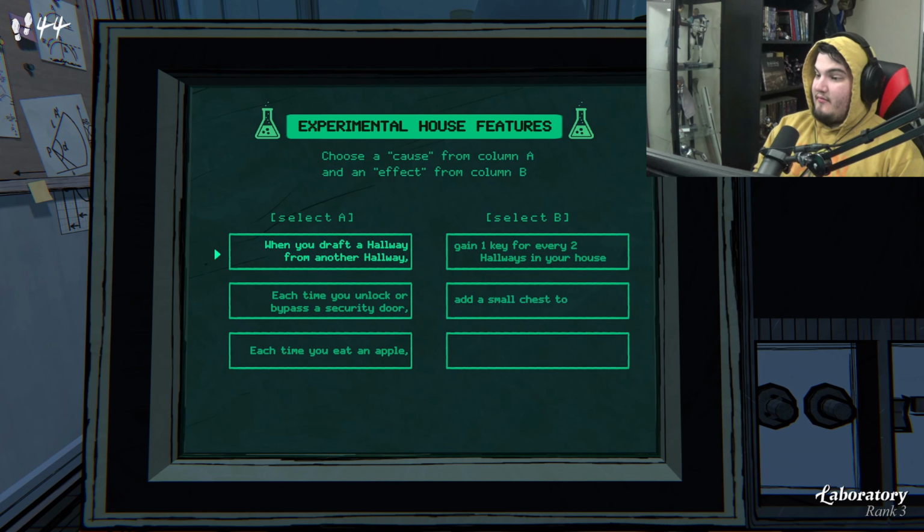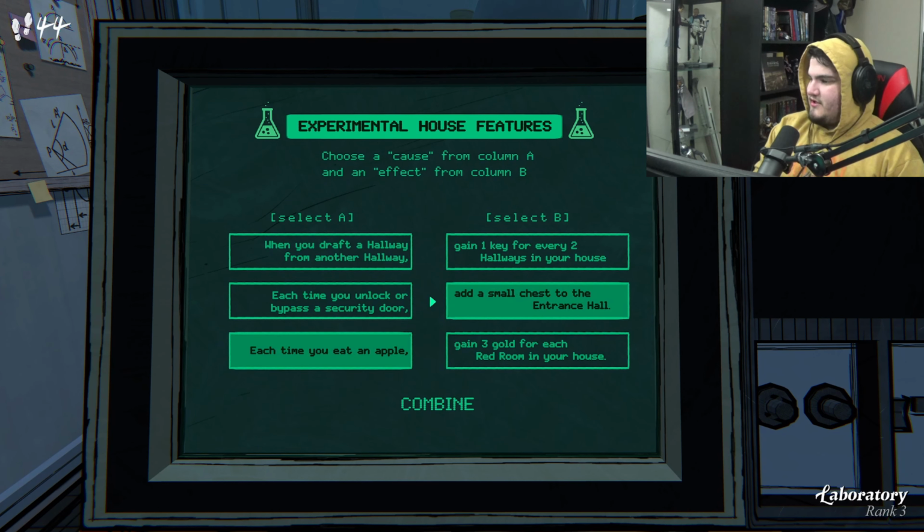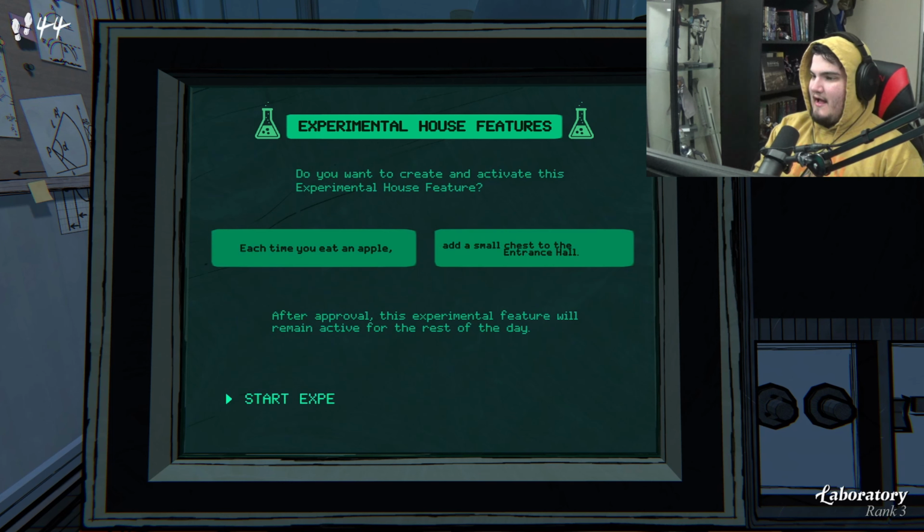When you draft a hallway from another hallway, each time you unlock or bypass a security door, each time you eat an apple, gain 1 key for every 2 hallways in your house. Add a small chest to the entrance hall. Gain 3 gold for each red. Let's do each time you unlock... Well... I mean, we can make apples really overpowered, because I don't run into a lot of security doors. So let's go with every time you eat an apple, add a small chest to the entrance hall. So now we've got...